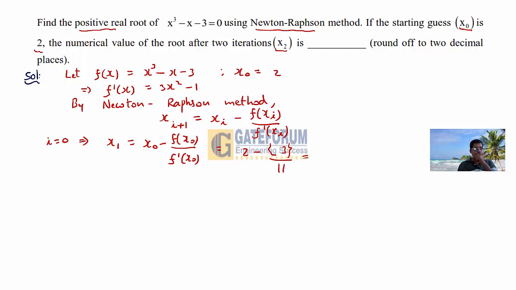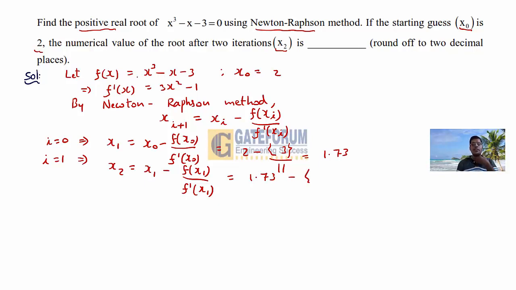So this simplifies to 1.73 approximately. Next, i is equal to 1 gives x2 is equal to x1 minus f of x1 divided by f dash x1. So x1 value is 1.73, and for f of x1, in f(x) put x is equal to 1.73, that is 1.73 whole cube minus 1.73 minus 3, that simplifies to 0.48